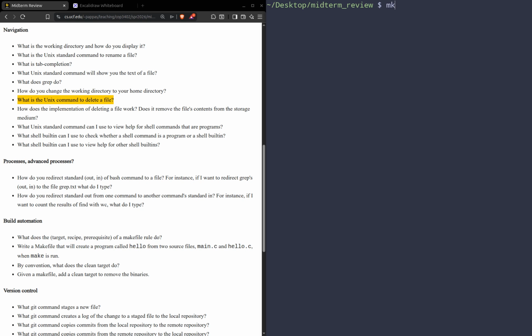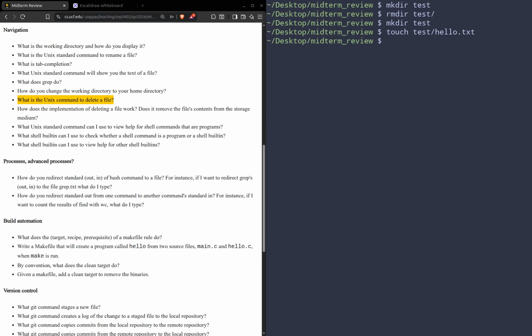Now to delete a directory, I'm going to use the mkdir command to create a directory here. I'll call it test. I can use rmdir to remove a directory that is empty, and that will work. But if I make a directory here, test, and then create a file in it, test/hello.txt, and try to run rmdir on that directory now, we'll get an error